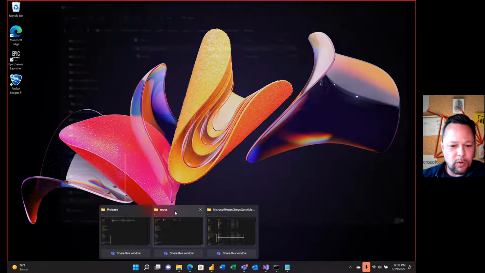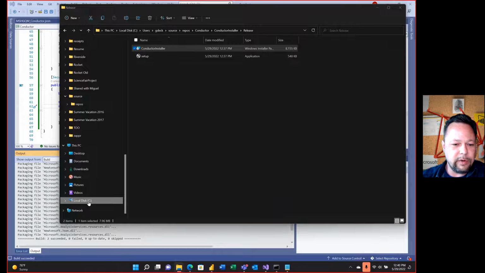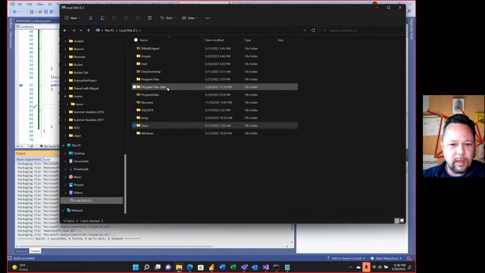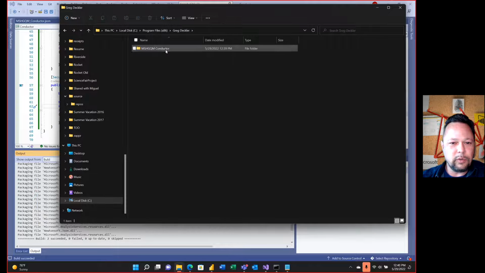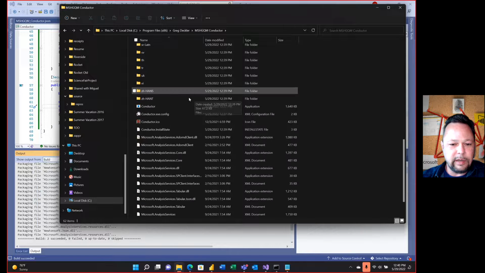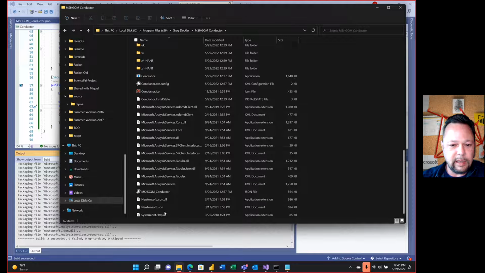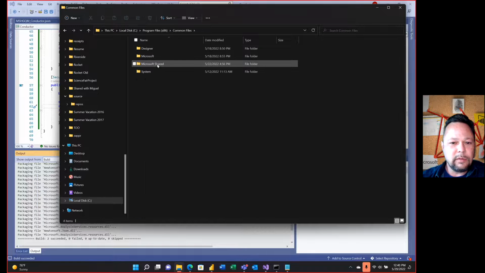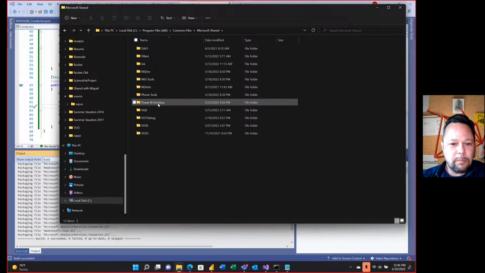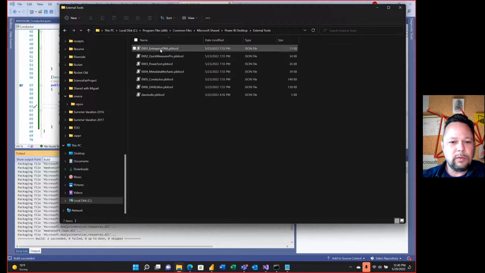So then in theory, if this worked correctly, I should have a Greg Deckler folder, MSHGQM Conductor. There is the code, all my DLLs and all that stuff. There's my JSON file. It made it into there. So now, if I go back to here, Common Files, Microsoft Shared, Power BI Desktop, External Tools,